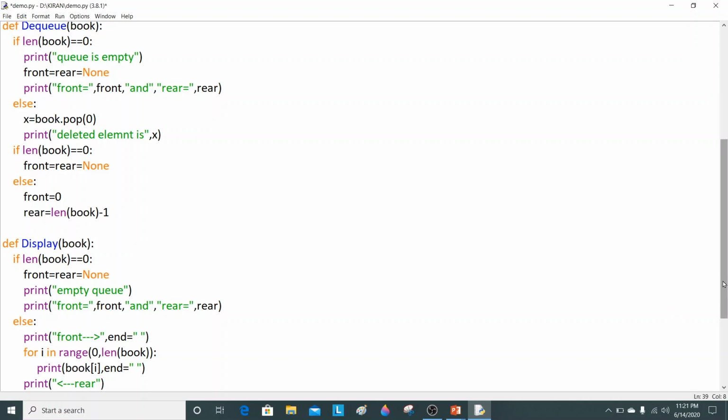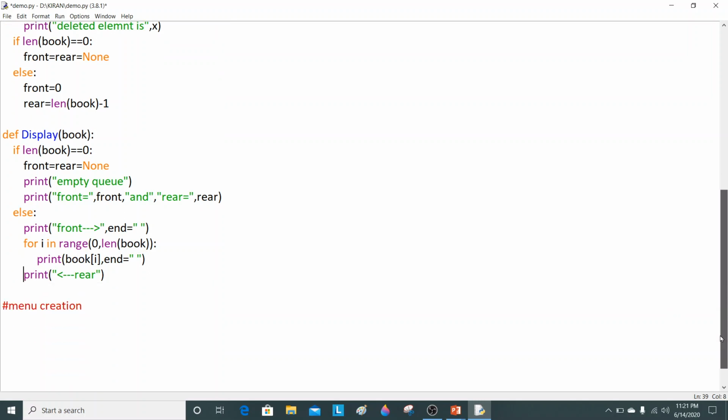So what you have done is, when writing the display definition, you have first of all checked for the empty condition. If it is empty, front and rear will be None. Display the statement empty and the front and the rear value. Again, if it is not empty, you have to print all the elements from the queue. So we have printed all the elements.